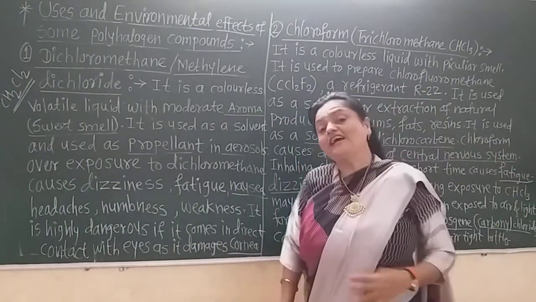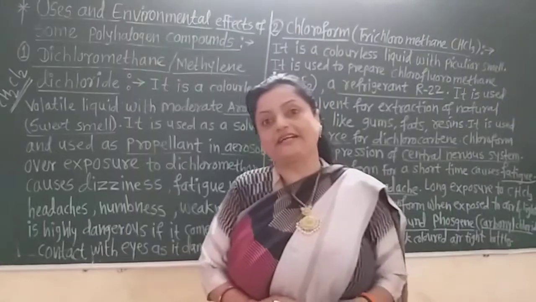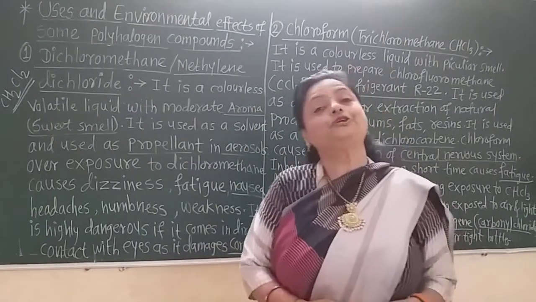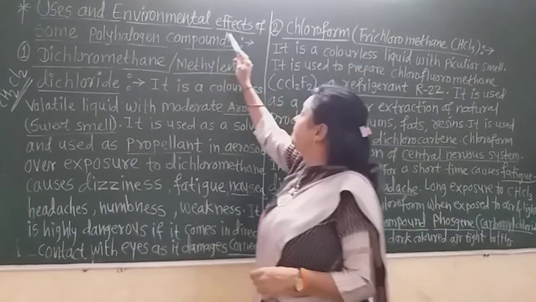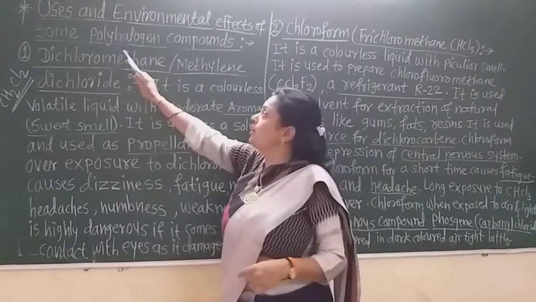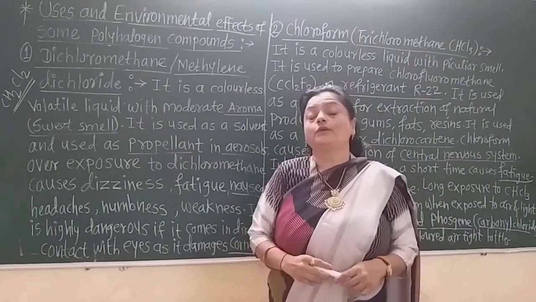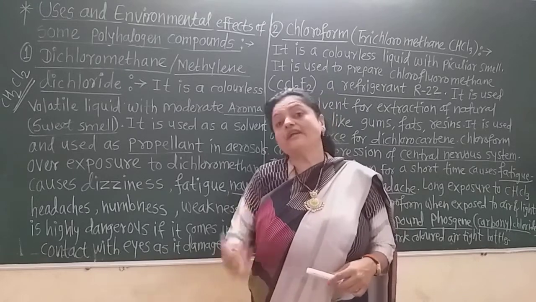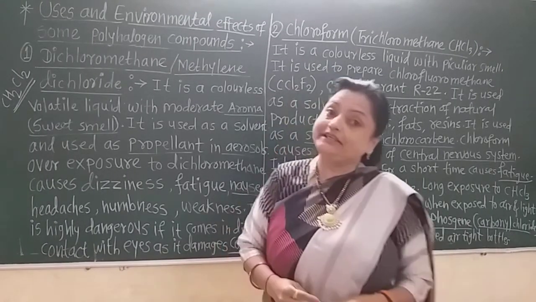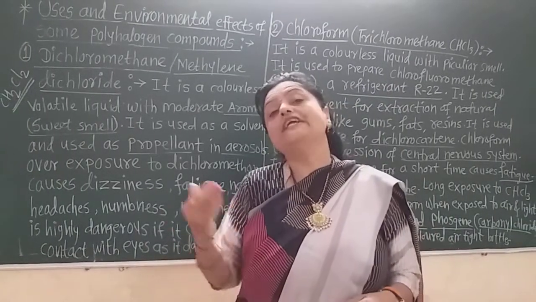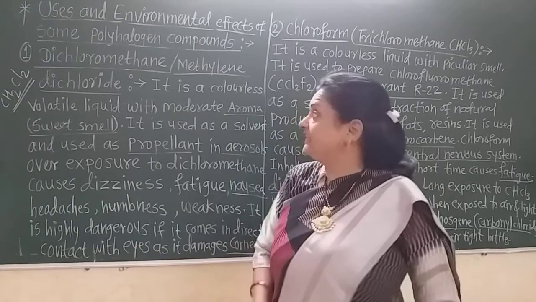Now we are learning the chapter Halogen Derivatives, chapter number 10, and this is the last topic of that chapter: the uses and environmental effects of some polyhalogen compounds. If more than one halogen atom is present in a halogen derivative, it is called a polyhalogen derivative. And the first polyhalogen derivative is